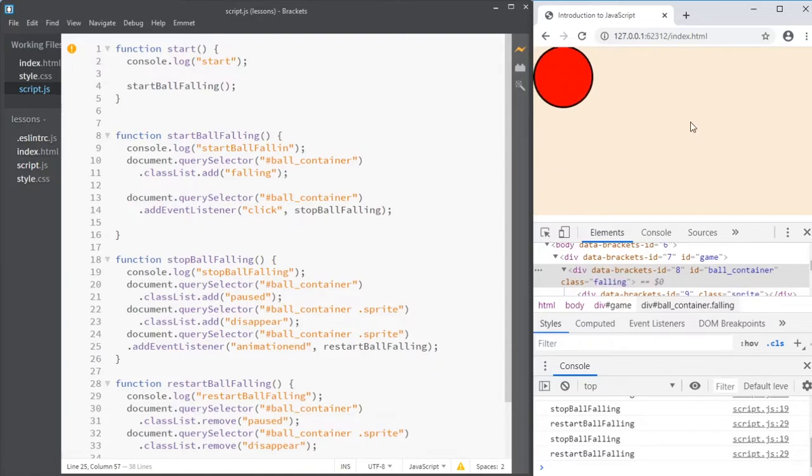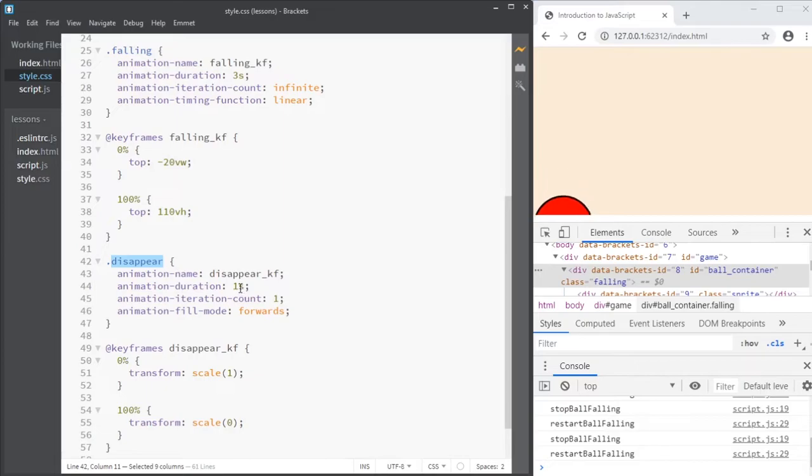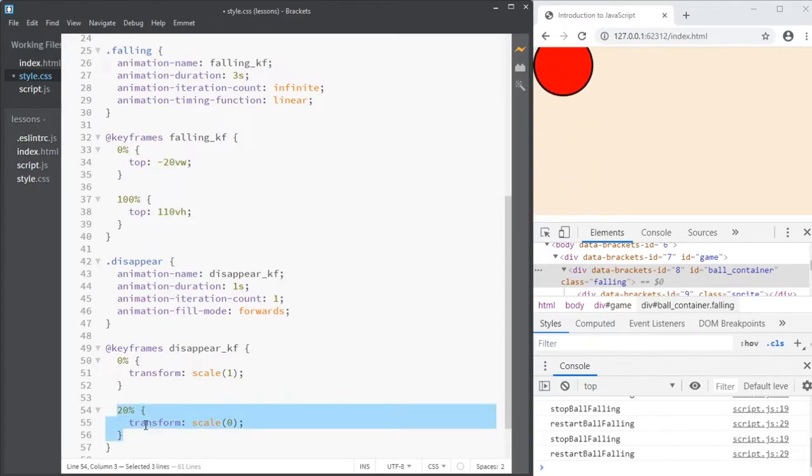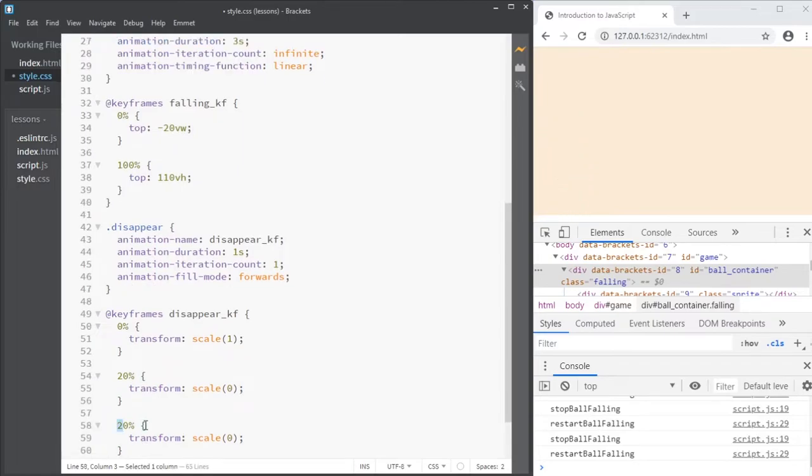I could just trick it by making the animation be a bit longer. The disappear here is 1 second and it goes from scale 1 to 0. But let's just say that it finishes at, say, 20%, then it finishes at 0, and of course it keeps being scale 0 all the way to 100. This would not right now just make it disappear much quicker, but then I can make it a